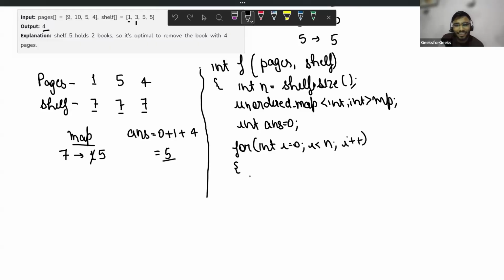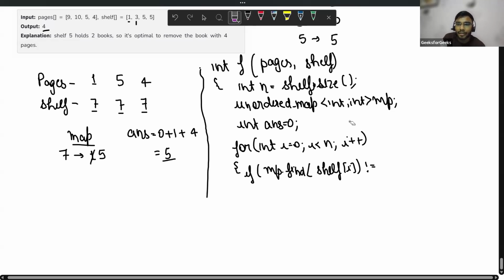How can I do that? There is a find function in the map. If mp.find of shelf of i is not equal to mp.end, it is present.